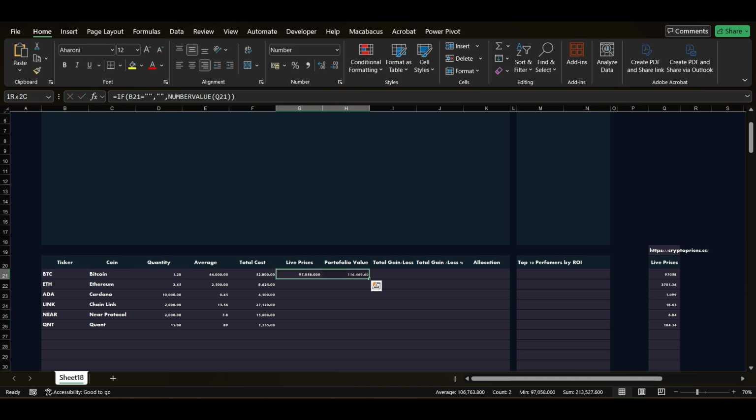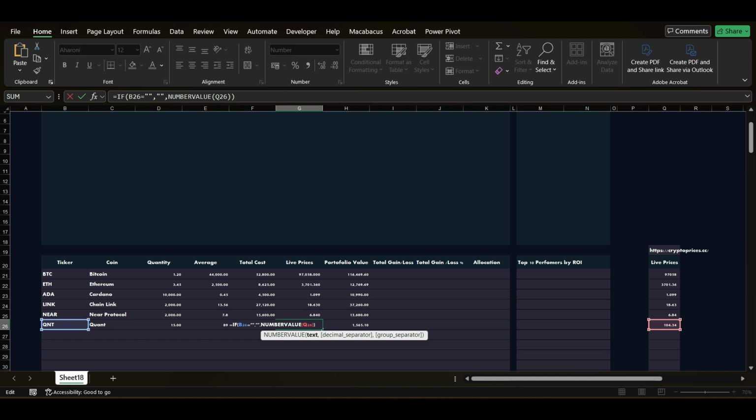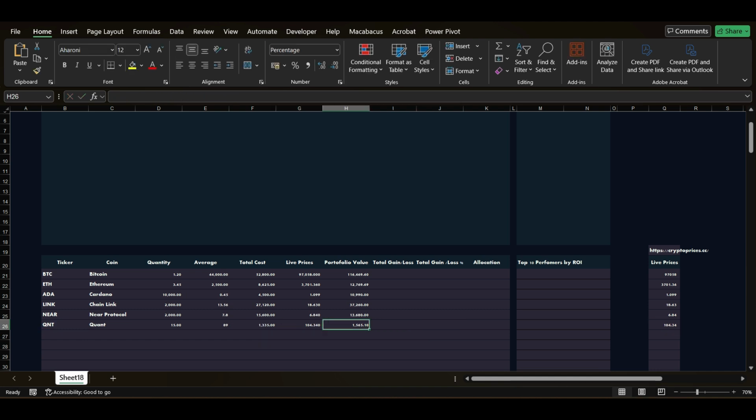So I will extend this to row 30, and there you go, completely live prices. You can see this cell, G26, is linked to our cell Q26. So essentially it converts the live price in case you have this error. Then it's very simple. All you need to do is, once again, if you want, you can start by